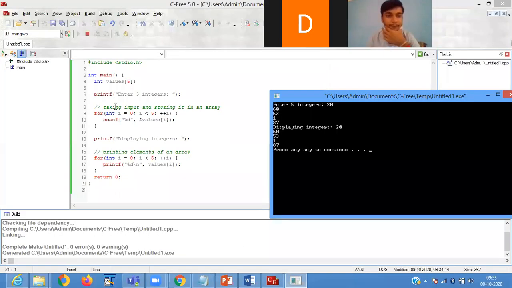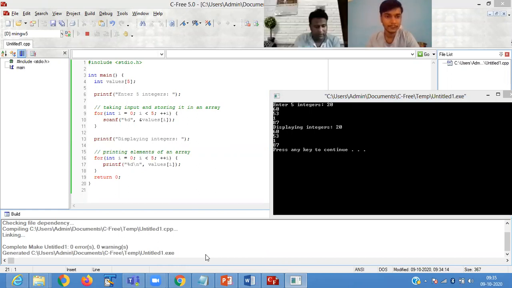Because you are taking more than one value, so you are using a for loop. If it is a single value, then the for loop is not required. And to display the data, you also require a for loop because in a single variable you are storing multiple values. Then to retrieve the multiple values, again you require looping to retrieve all the values.